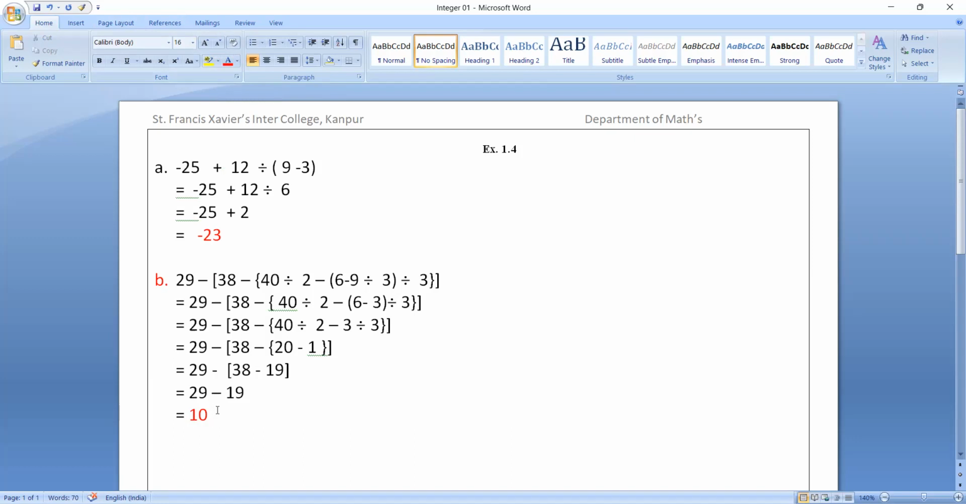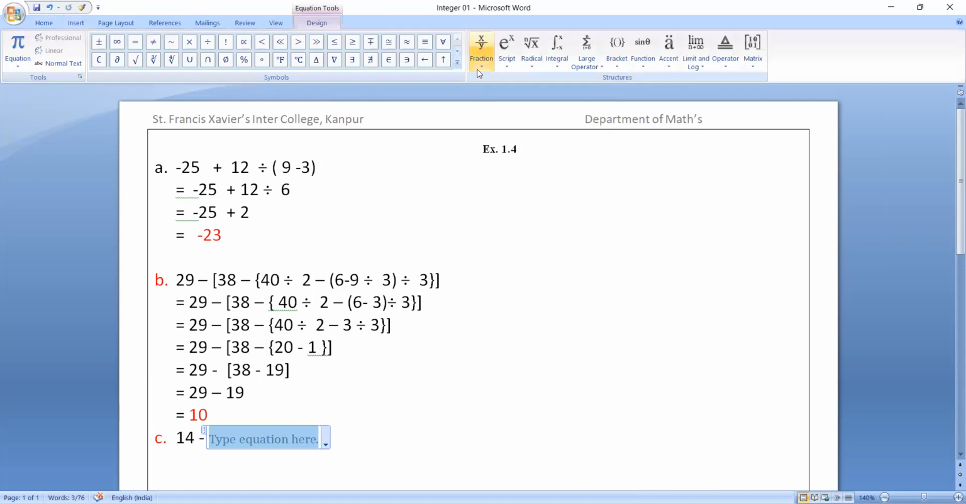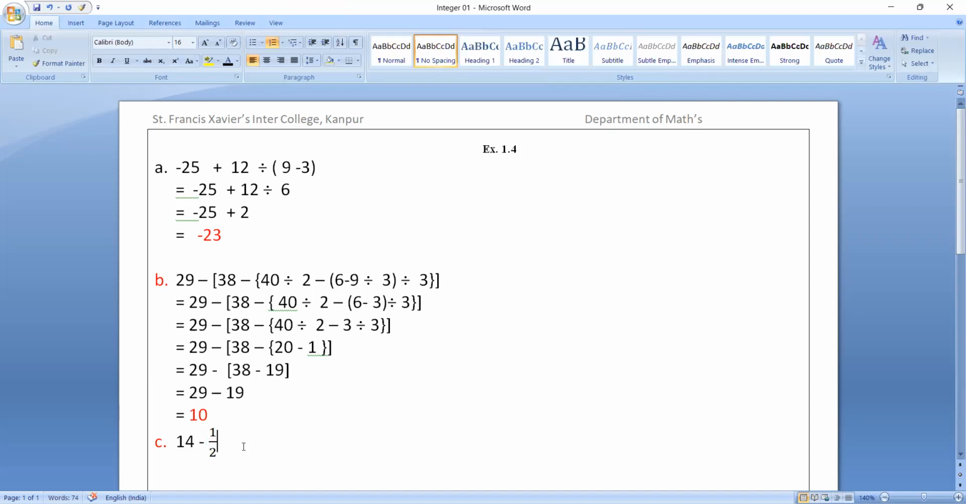Now the question number C is based on a different approach. I just write down the question first. The question is 14 minus, I just need to write something in that fashion. Suppose I need to write this 1 by 2. Then we need to write these curly brackets, right? 13 plus 2 minus, under the square bracket I have to write this 7 plus 5